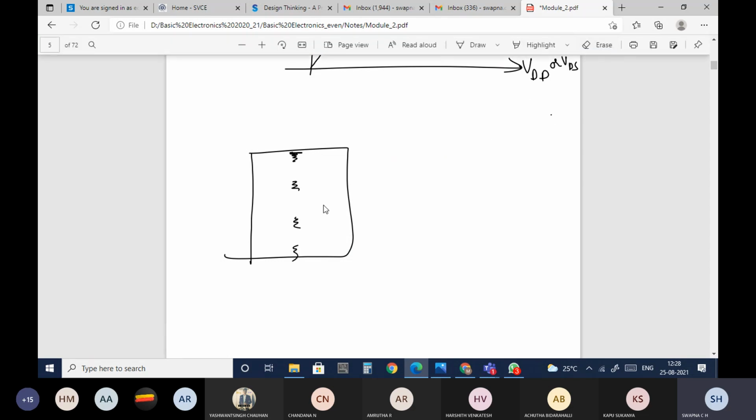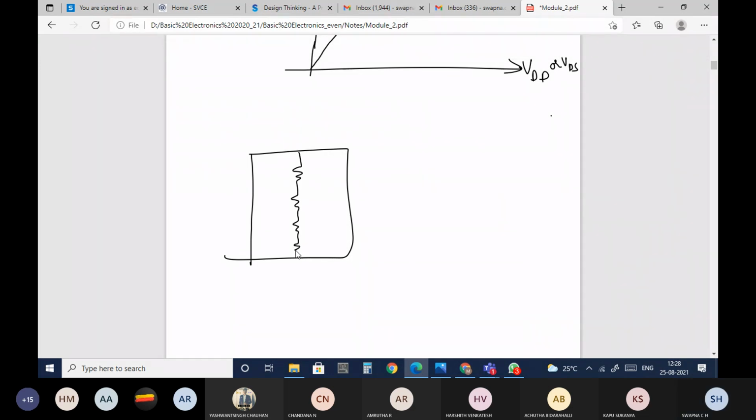Everywhere it has to provide uniform resistance. Let me draw the diagram in this way. I'm taking the same resistance R: this is one resistor with value R, this is one resistor with value R, and so on.